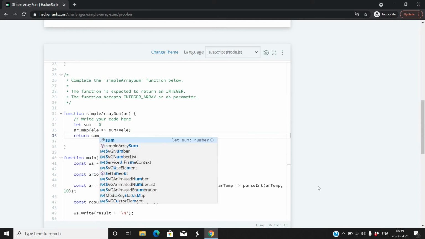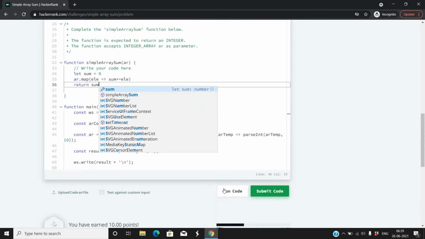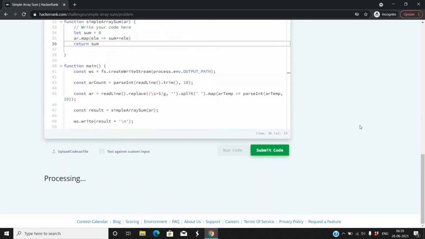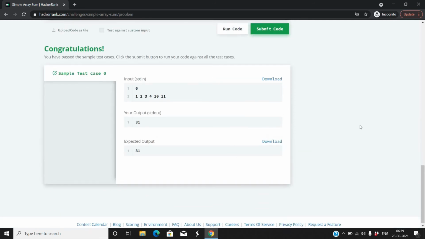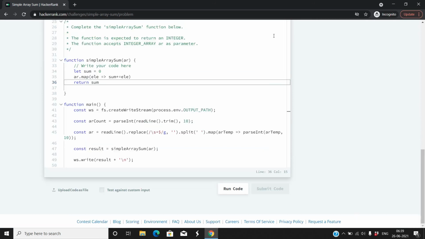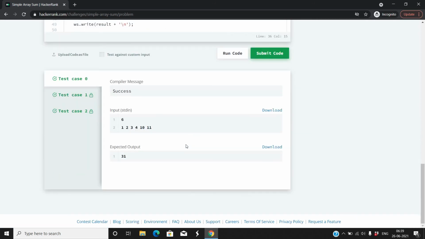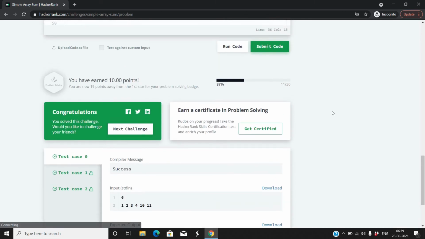Let's see what is going to happen. Let's run the code, and let's submit. You're done. It passes all the given test cases.